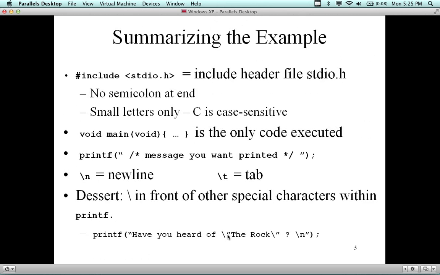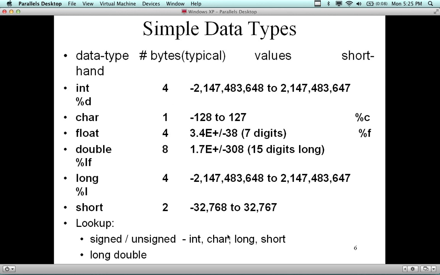This works in Objective-C, by the way, as well. We also have simple data types. So we have in C, C++, Objective-C, all these variations of the languages here. I don't particularly like this slide because it's sort of word wrapping a little bit, but what we've got here is integers, characters, floats, doubles, longs. You're going to look up essentially whatever it is you're going to use in your programs, but the basic primitive